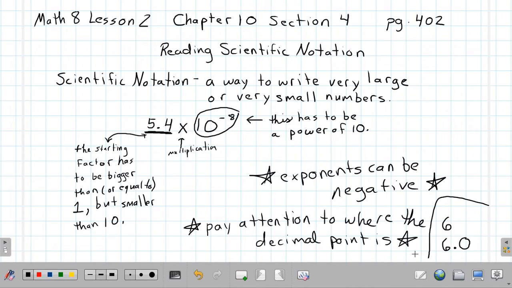Now, let's go ahead and look at the first example here. Okay? So the first example,